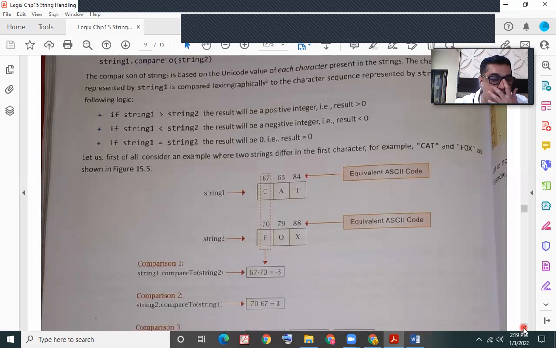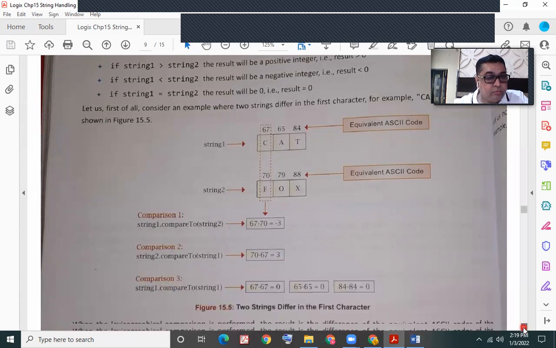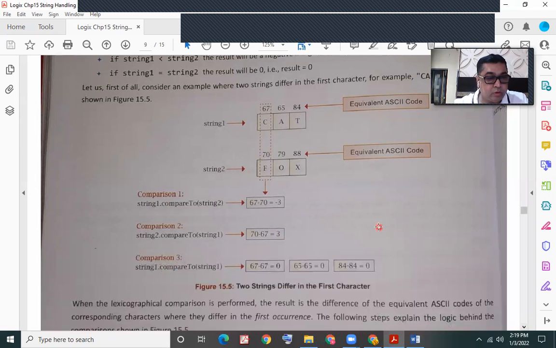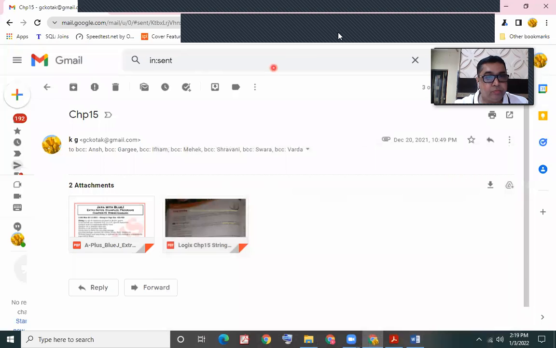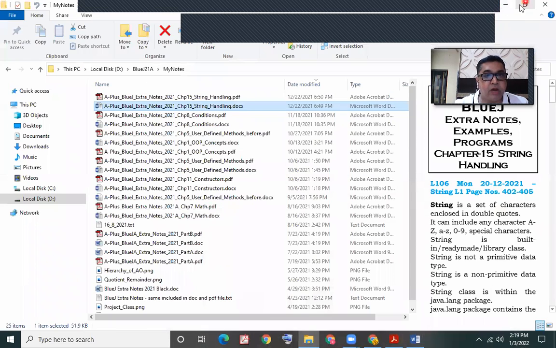So let us do this now on the computer. We'll start BlueJ.